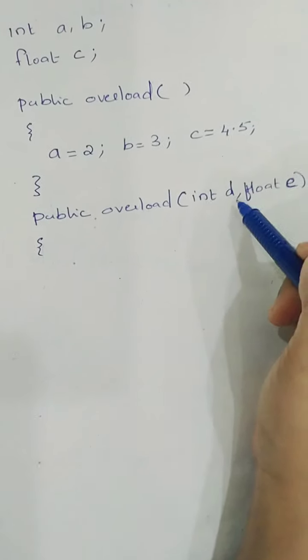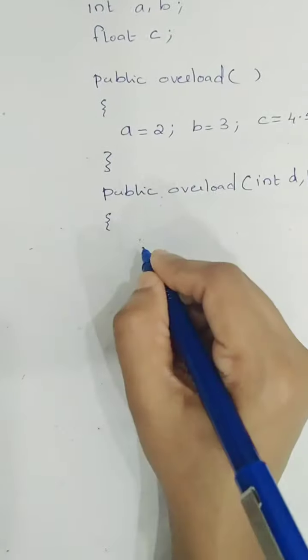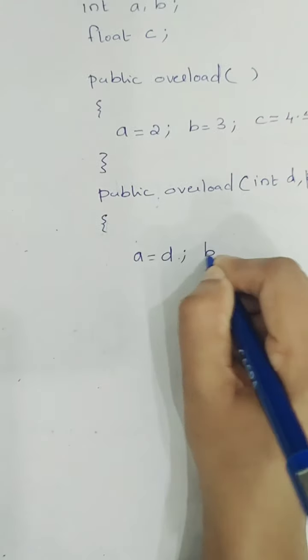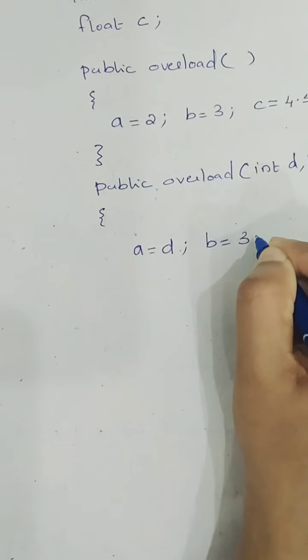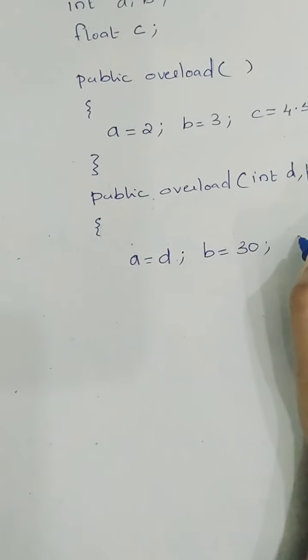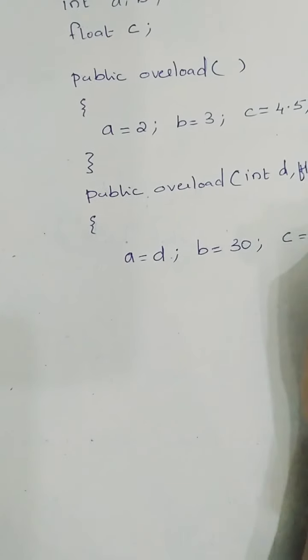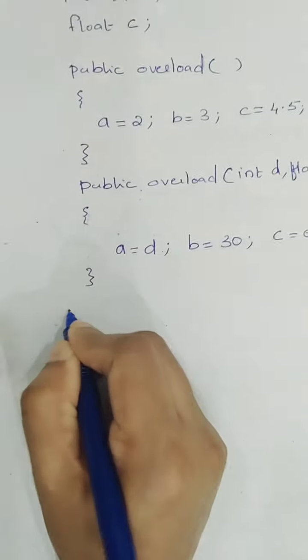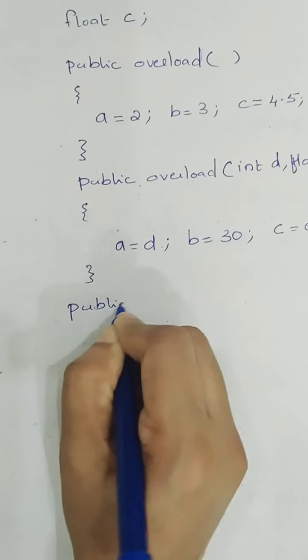So to avoid that, I use 2 different variables. So a is equal to d, b is equal to, we can give any value, I think we can give 30, and c is equal to e. Okay, I have assigned like this, and I have closed this constructor, and I am writing another constructor